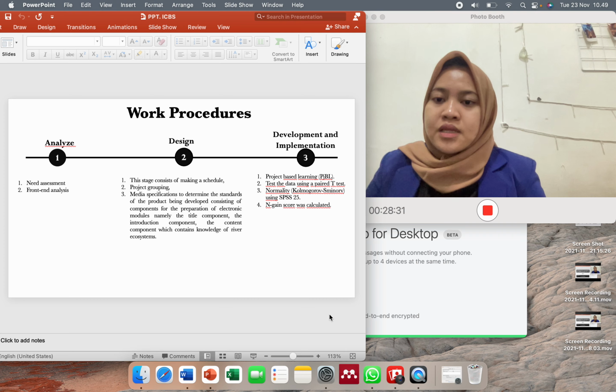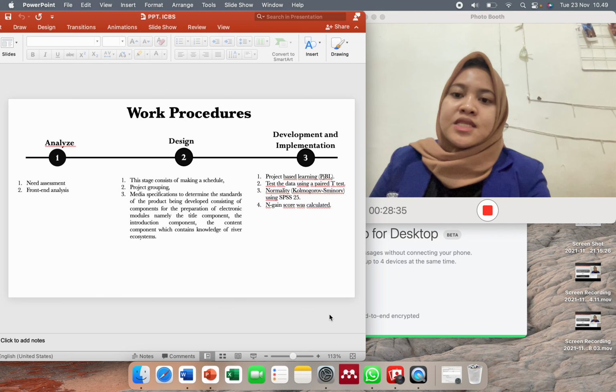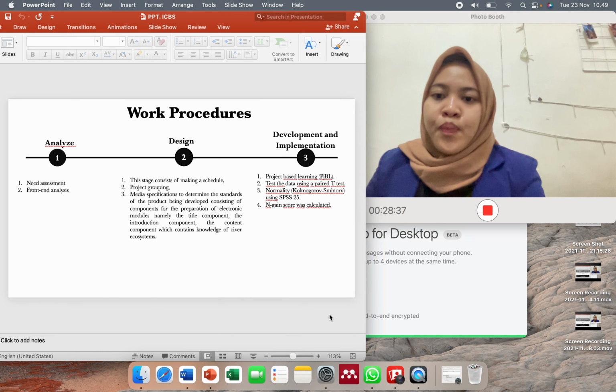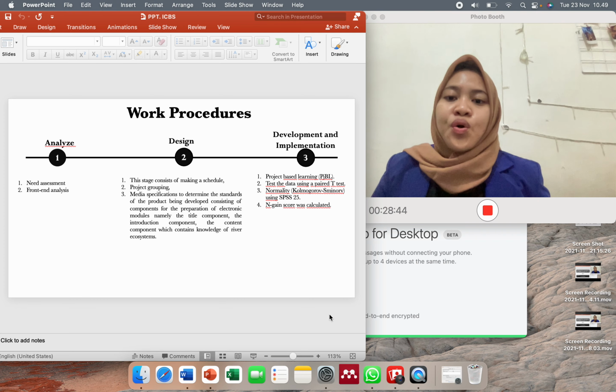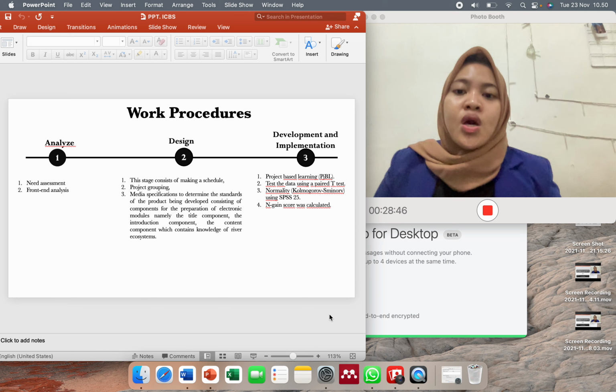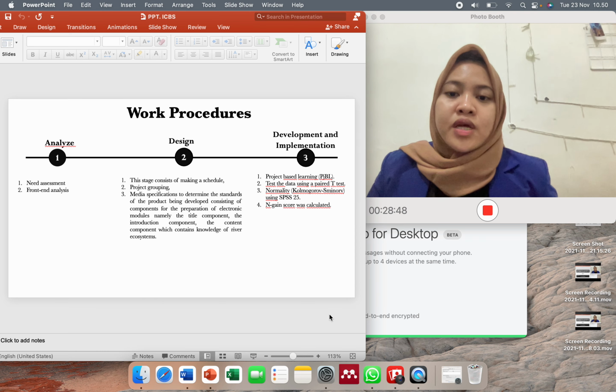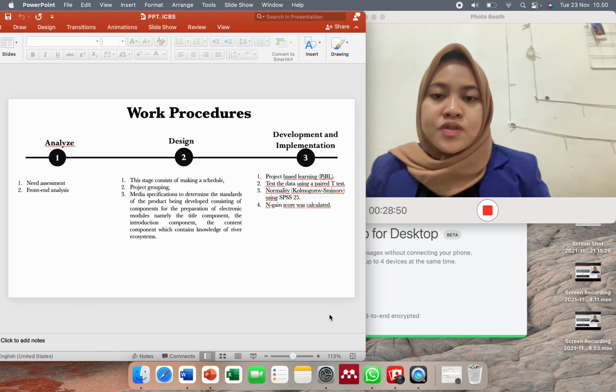And then the second procedure is design. This covers making the schedule, project grouping, and media specification, the title component, the introduction component, and the content component, which contains knowledge of the river ecosystem.